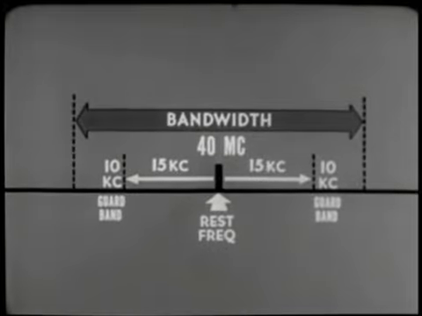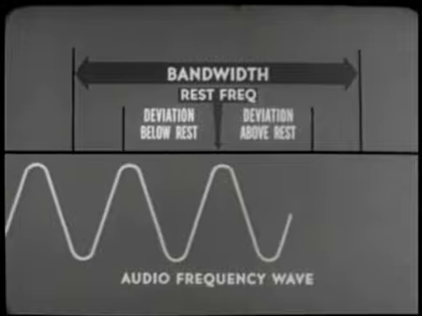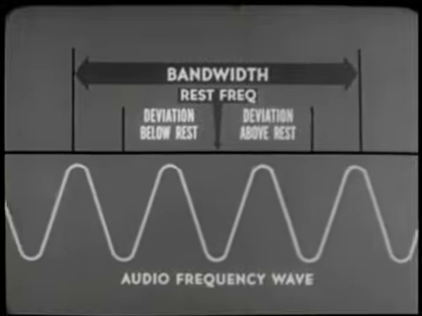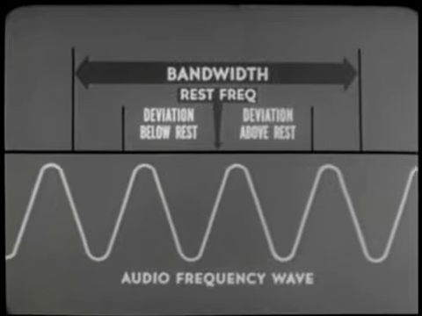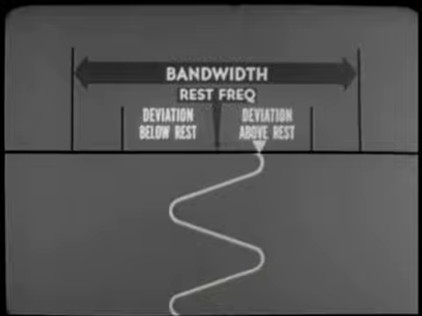The 50 kilocycle bandwidth is not a standard. All FM transmitters do not have the same deviations. It will vary in accordance with the equipment's design and mission, but the principles under study apply to any and all FM transmitters. Ordinarily, an audio frequency wave is visualized horizontally like this. But in order to see more clearly its modulating effect on the carrier, let's shift it about and direct it